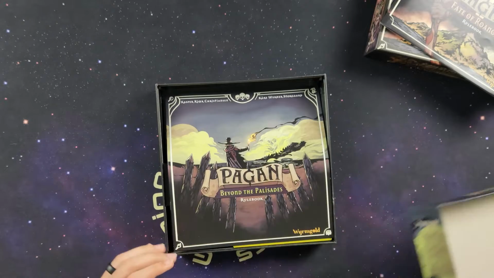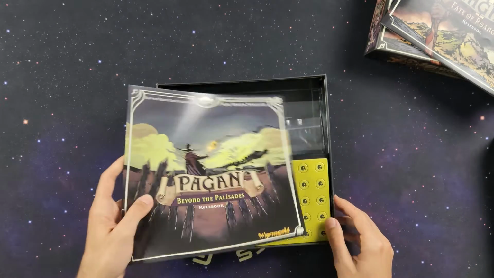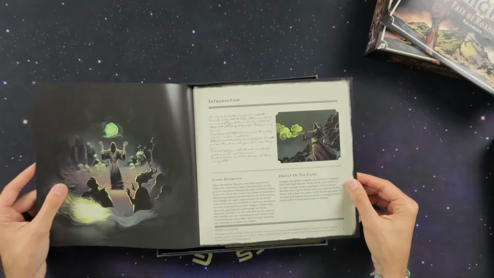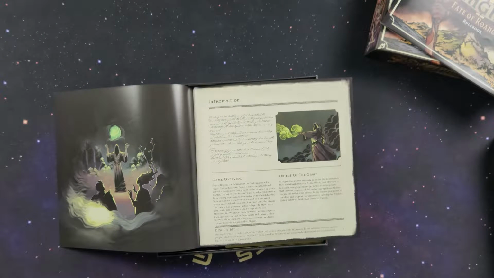Okay, so we have the Beyond the Palisades rulebook. All right, let's take a look at this bad boy. So let's just read what we got here. Beyond the Palisades is the first expansion for Pagan: Fate of Roanoke. Basically says it's an asymmetrical game. Let's see, does it give us anything else about what the actual expansion says other than what it is actually